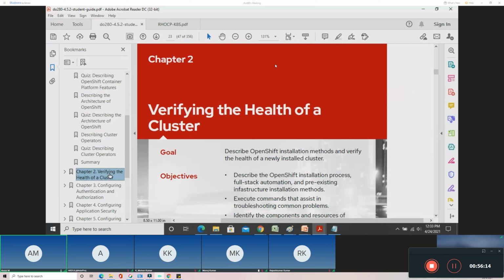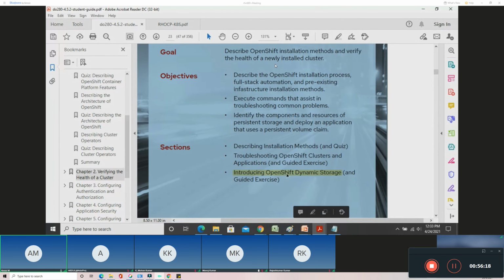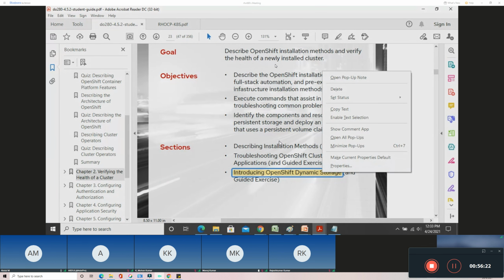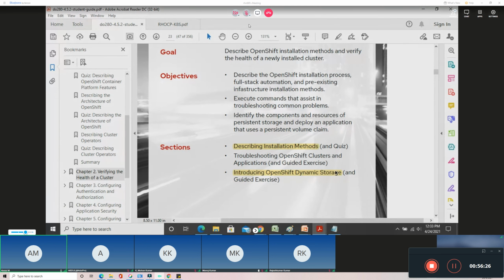The second chapter. So we have done the first section, which is about the installation method. We have done that section. So now we'll go to the next section, which is troubleshooting the OpenShift. Sorry,